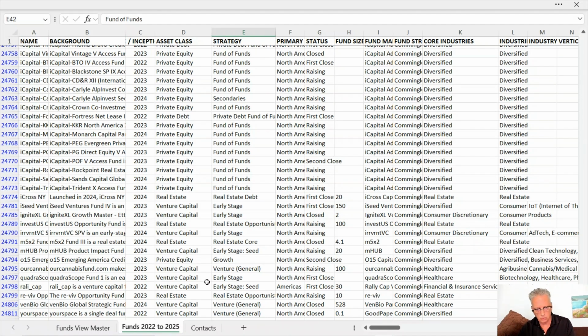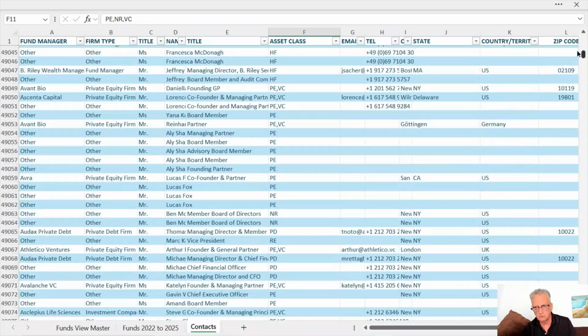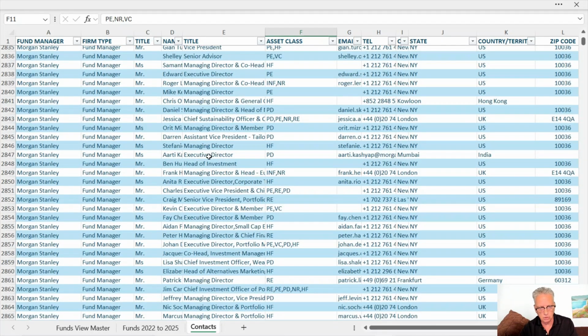Another thing I'm going to show you is the amount of contacts. So the database, and this is also what the client will get, they're going to get all the contacts, because these don't just include funds. These are the who's who of the global capital ecosystem. You've got around 412,000 contacts and around 270,000 emails. This is a perfect resource especially for venture capital and private equity groups who are looking to raise capital for more than just one project. It gives them a really good place to do future research. That's the who's who, again, of the global capital industry.